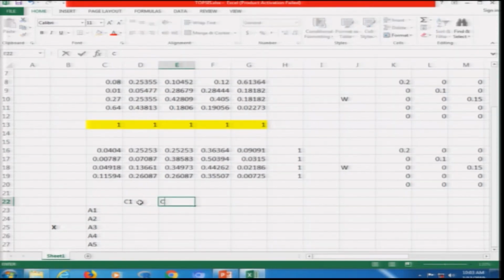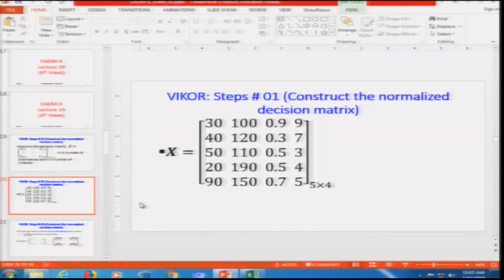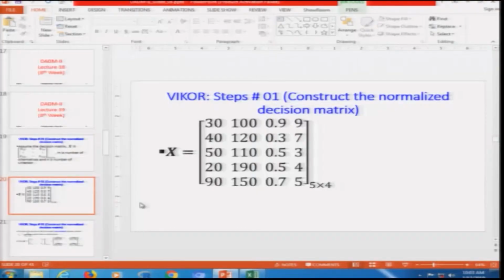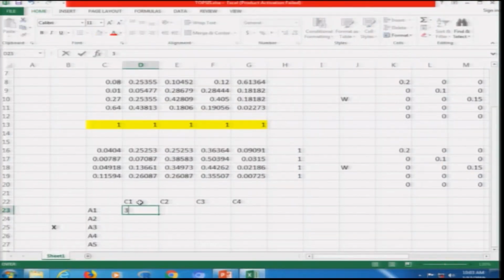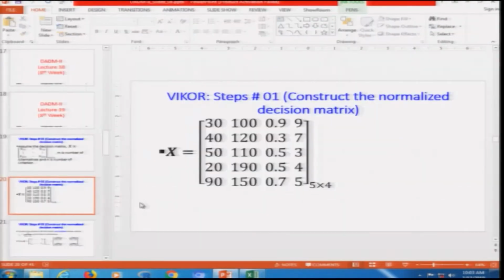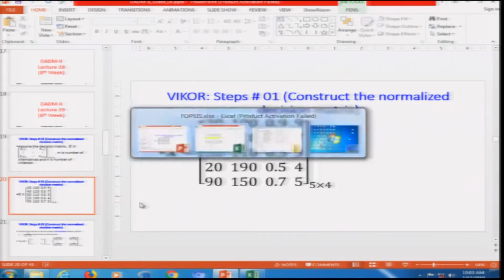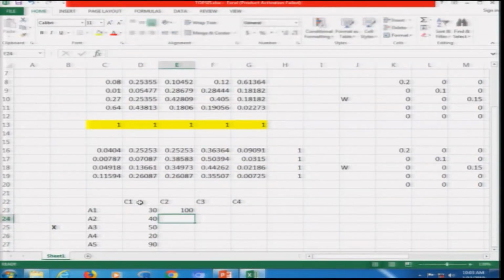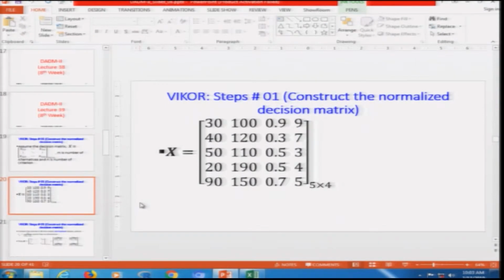Criterias are 4 in number. So, values are, I will go along the column and note it down: 30, 40, 50, 20, 90, 30, 40, 50, 20, 90. So, the second column is 100, 120, 110, 90 and 150. Similarly, the third column corresponding to the third criteria is